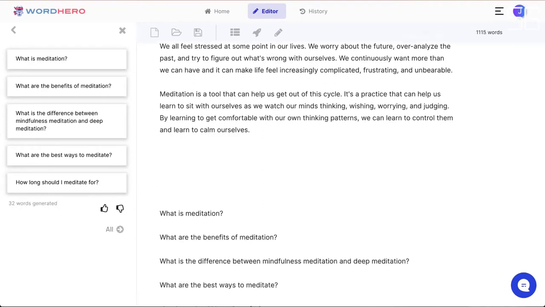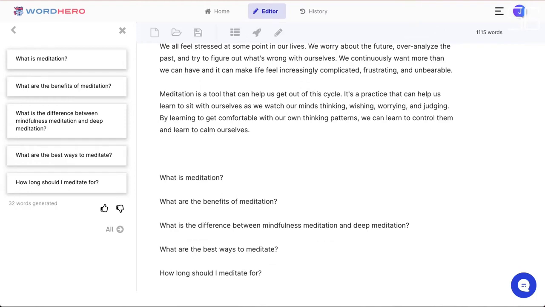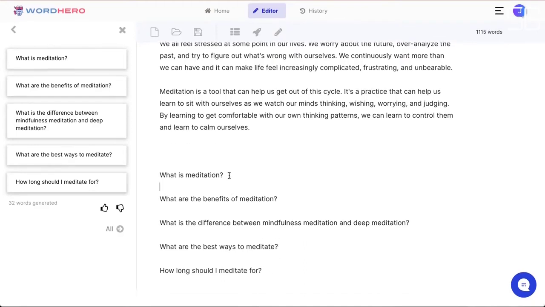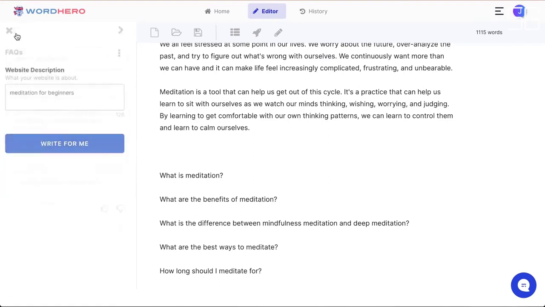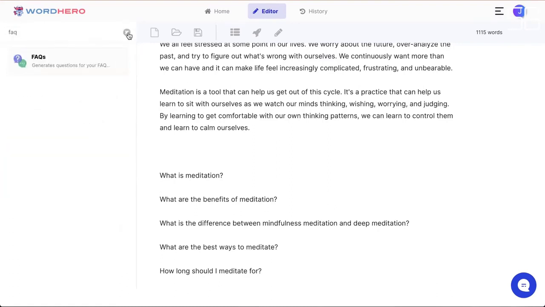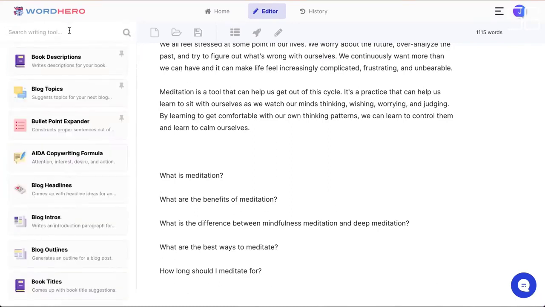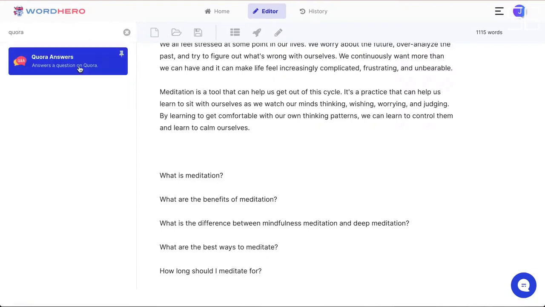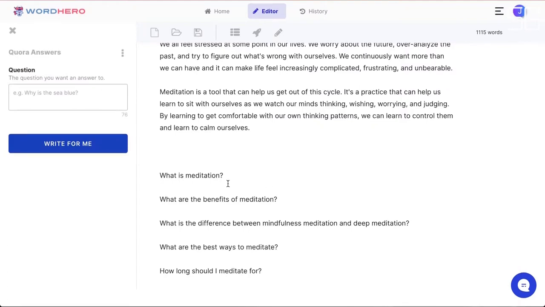So, you know, what's meditation, what are the benefits, the difference between this and that, what the best ways, how long should I meditate for. So some of these could be used as the headers as well. So FAQ is a good way to generate section headers. Now, another tool that you might want to consider is the Quora answers. So let's say to answer a question on how long should I meditate for, I just copy and paste it here,